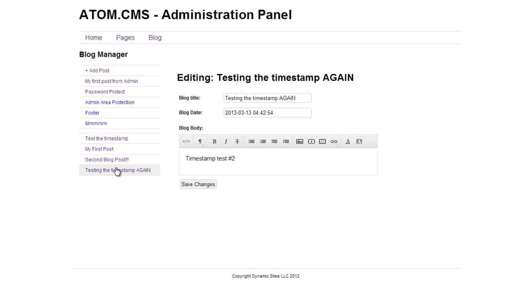Now, the issue with this, and some people have already mentioned this to me, is that this is the timestamp of where the server is, or what the server is set to. So this can bring on some other issues. I'm going to leave this at this right now, because at least we want the timestamp to actually have a timestamp. We can work on how to convert it, or the options of what to do with the time,